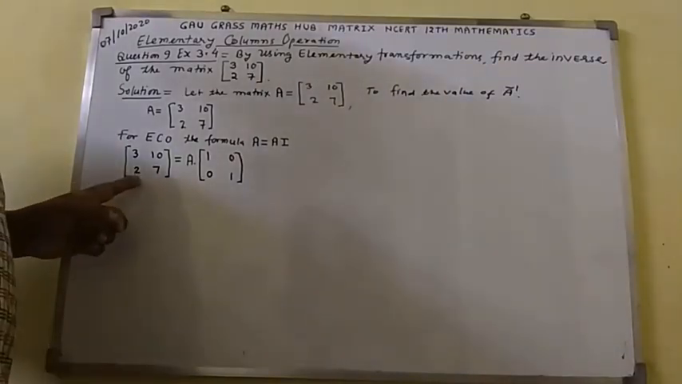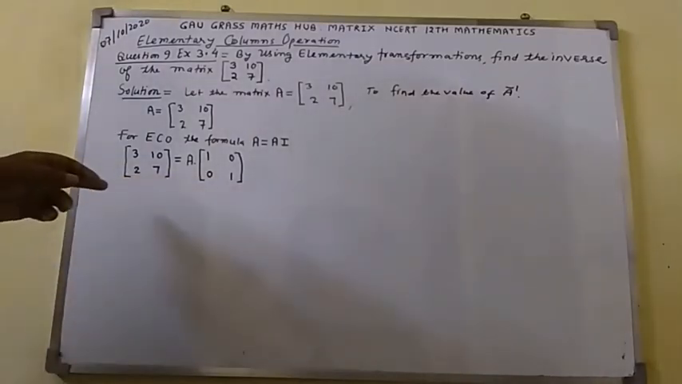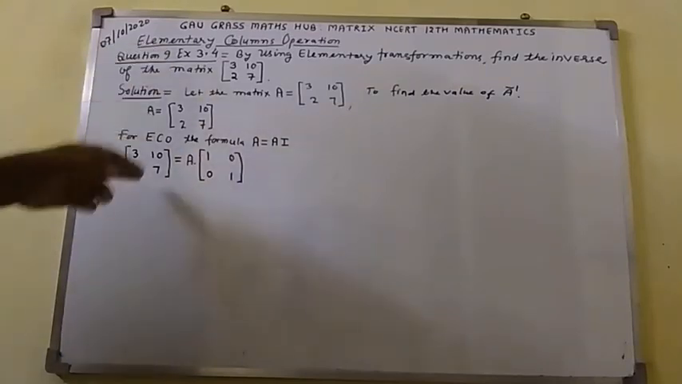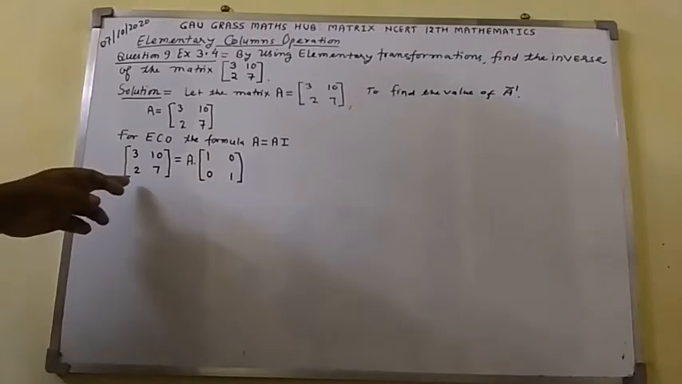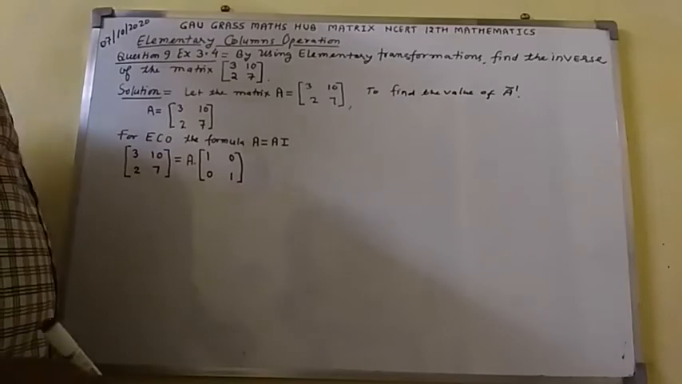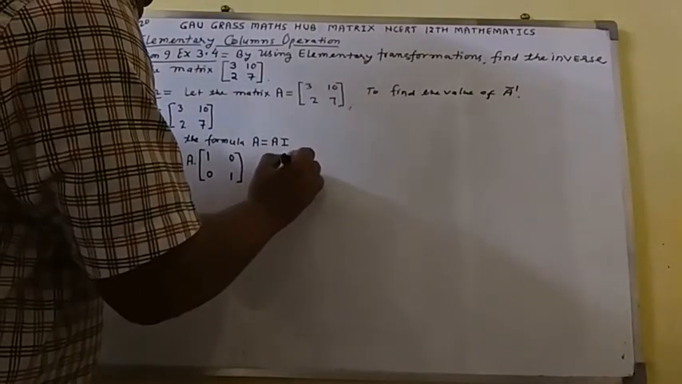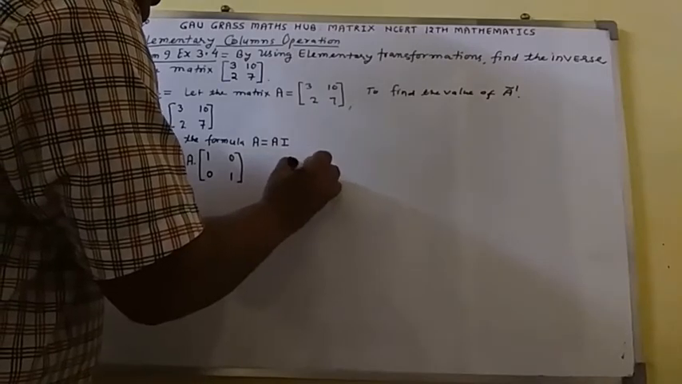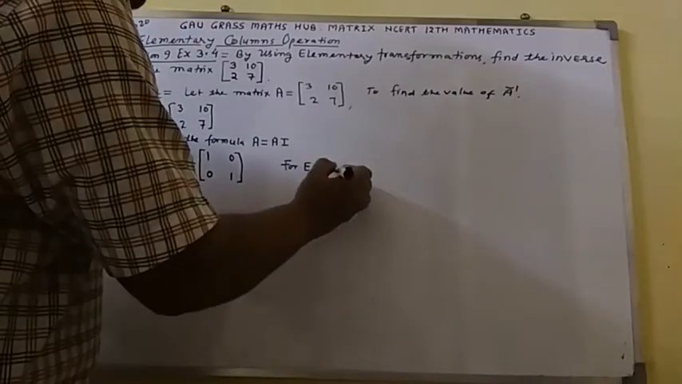Since this is the given matrix which is going to be an identity matrix later on by applying elementary column operations here. All operations in this case will be carried out in clockwise direction. So here, this is the trick. For this, all operations will be carried out